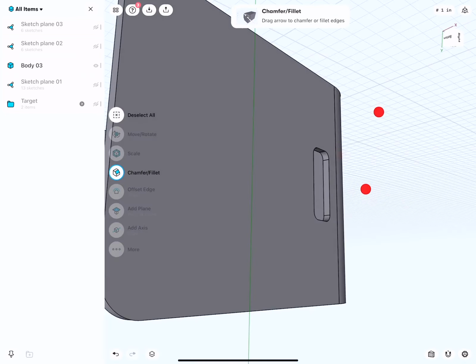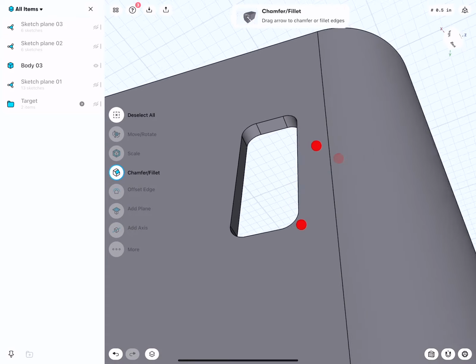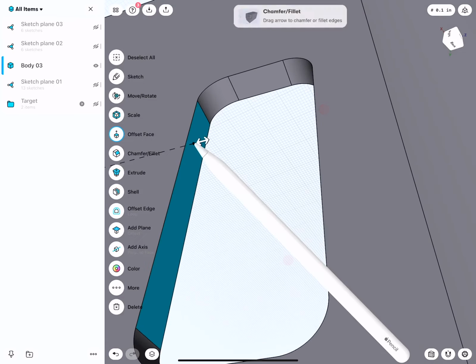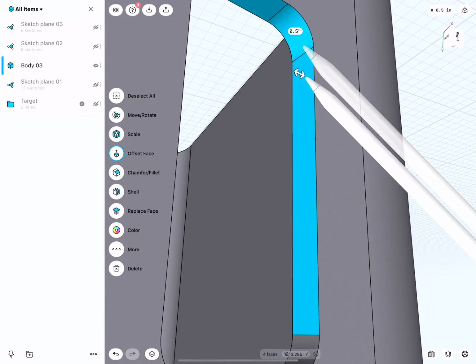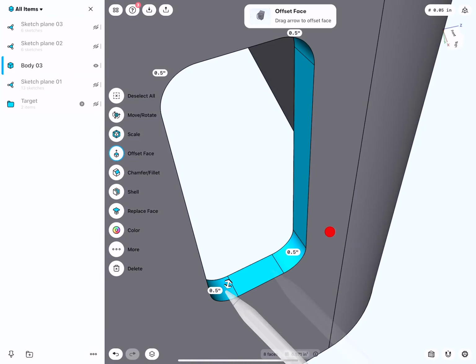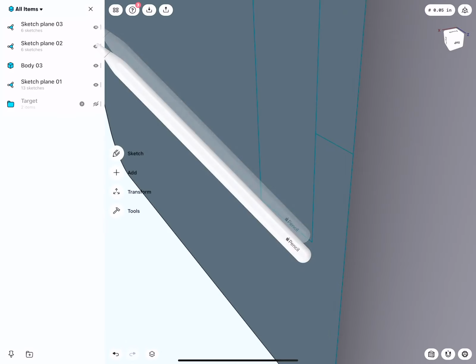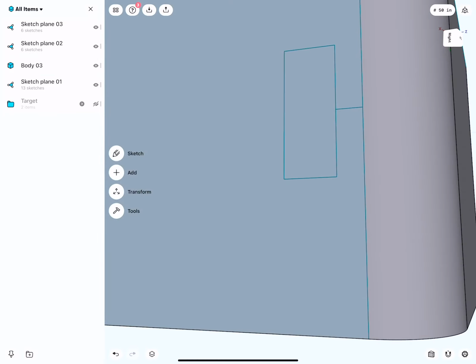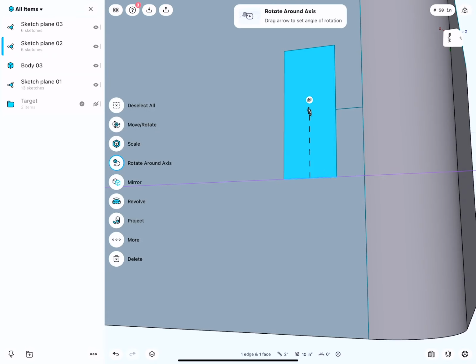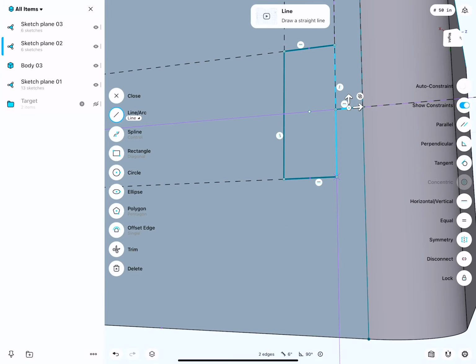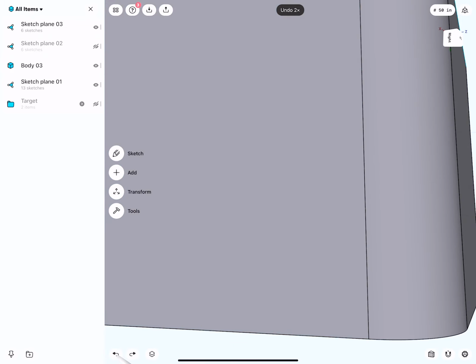Let's take a look at how we could reposition and resize this opening. There are 2 ways to do this. We could go ahead and select all these edges and then hit delete. Then I would turn on the correct sketch and modify the sketch as needed. Could, for example, select this and then change the dimension. I could, however, also